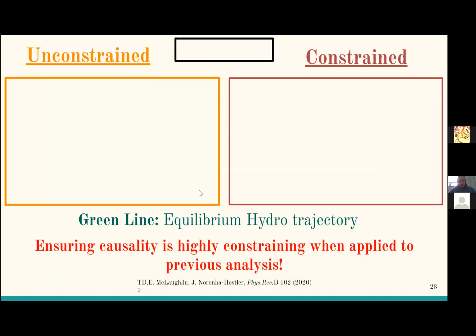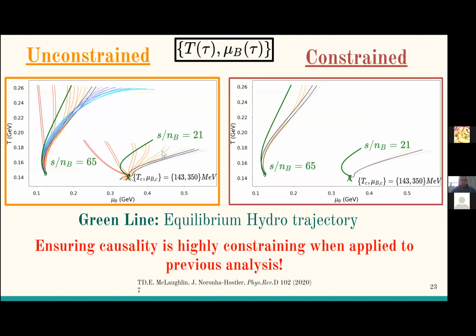Now if we look at the same plot from earlier, we have the unconstrained version on the left, where we do a scan in different baryon densities, a scan in different initial out-of-equilibrium conditions, all at the same energy density, coming to some final state here, where you have this degeneracy from your initial state compared to your final state. And you run the causality analysis and you get rid of a large chunk of that, which is very good in a sense, right?